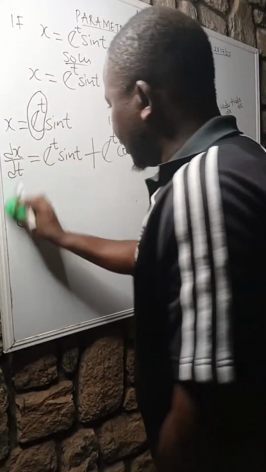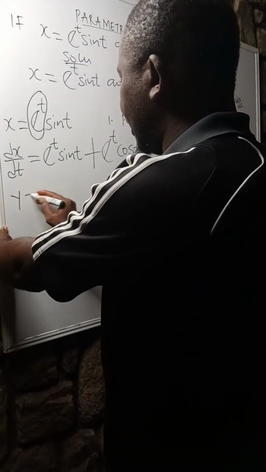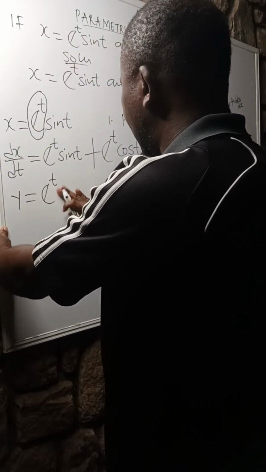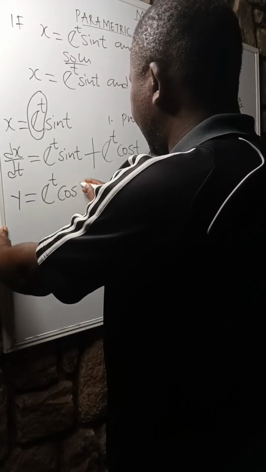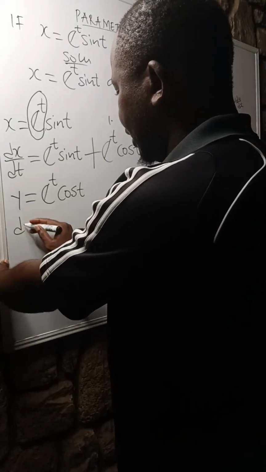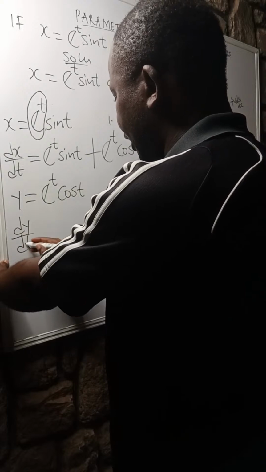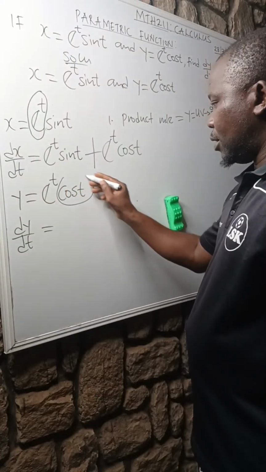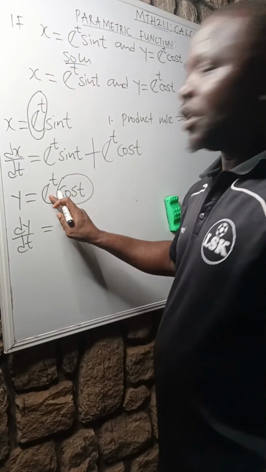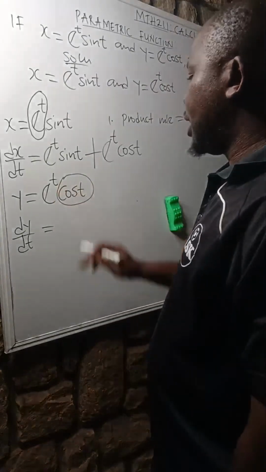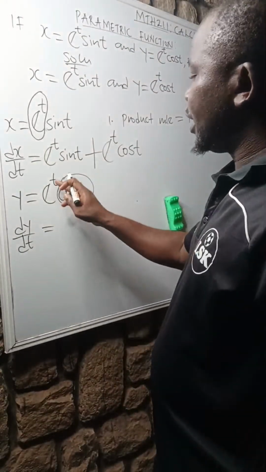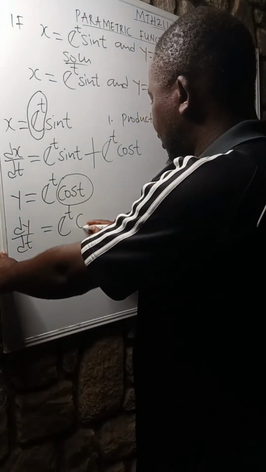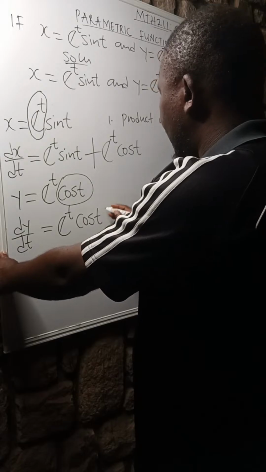Let me just write y is equal to exponential t cos t, right? So for dy over dt we are supposed to hold this cos t constant, then differentiate exponential t and multiply by cos. If you differentiate exponential t, you still get back exponential t times cos t, then plus,